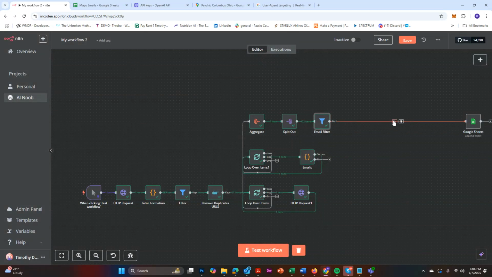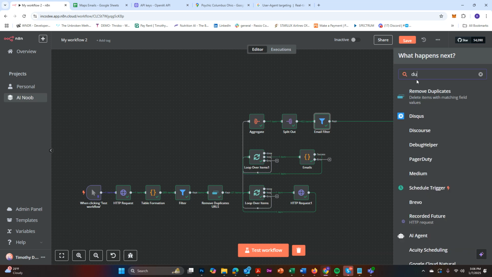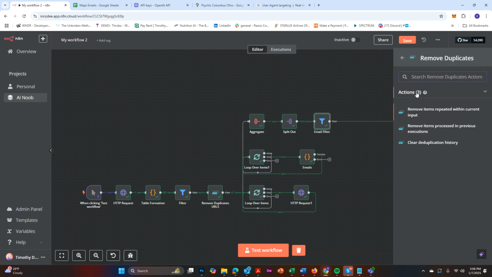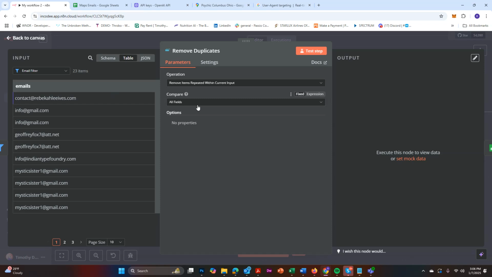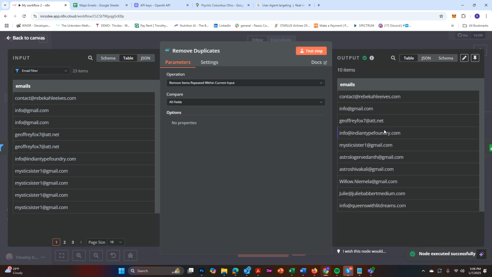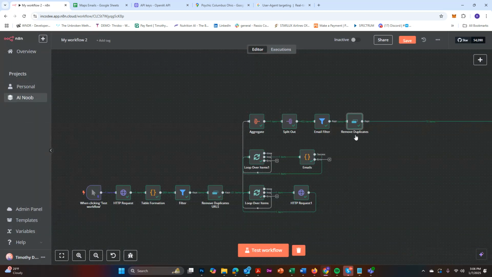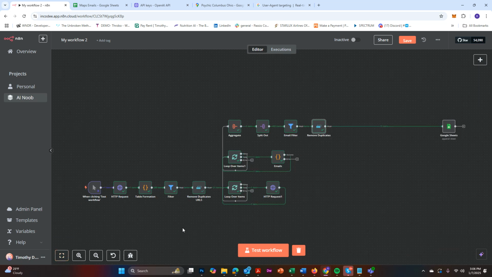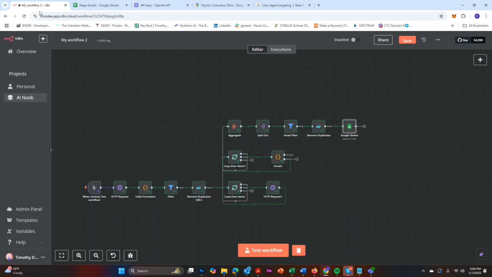That's fine. So if I take that, and now if I remove the duplicates, right? Now this should, yeah. There's 10 items left because there's no duplicates, right? Hey, what happened? Oh, why did this go clear over there? I don't know. Okay, so let's see what's in nothing. So now if I hit test workflow,